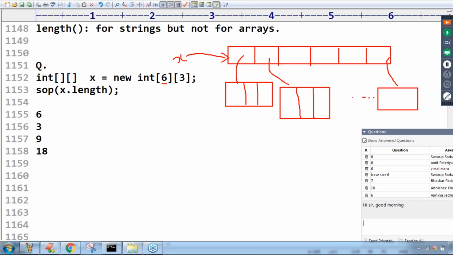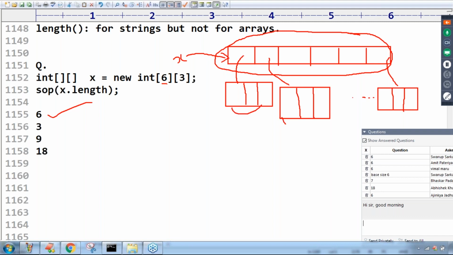Now my question is, take very special care about this one. In multi-dimensional arrays, the length variable represents only the base size. That's why 6 is the answer. Then if I want to know the total size, how many total elements I can hold,